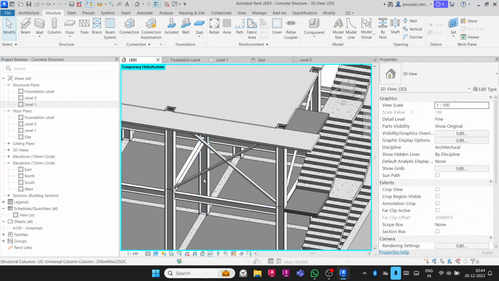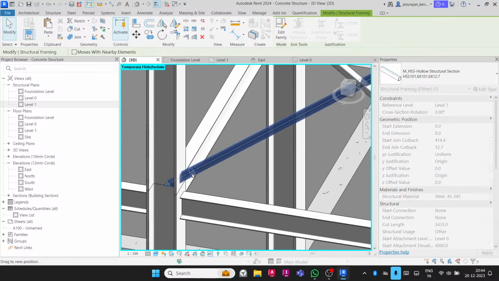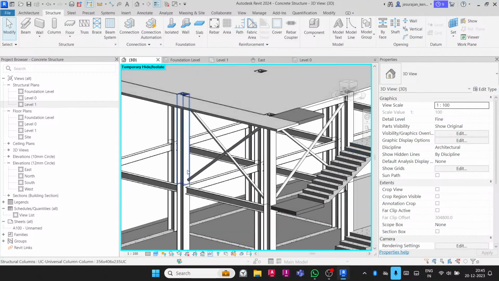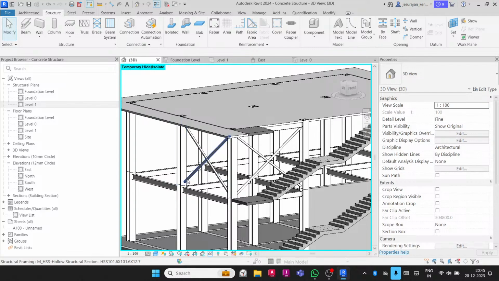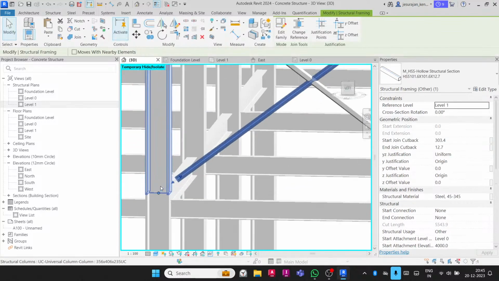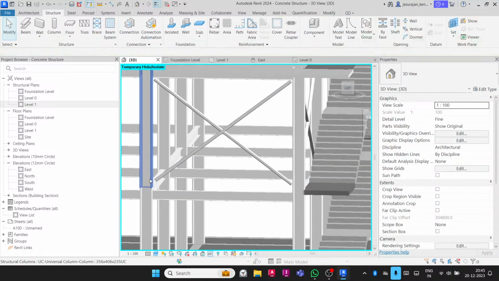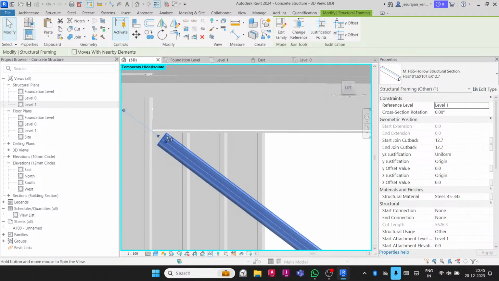That's it. If you want to bring the end here, you can bring. Okay, so this is for general arrangement. You don't have to worry about how much gap you have. In case you want to connect without any gap, you can